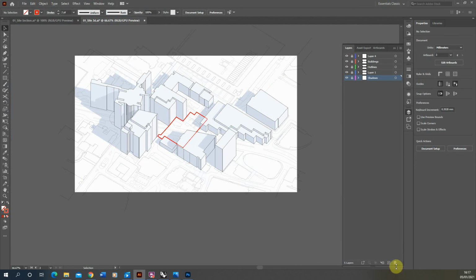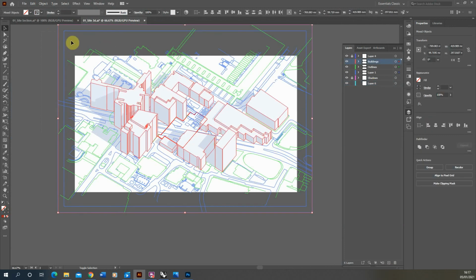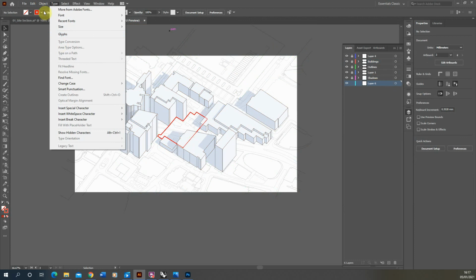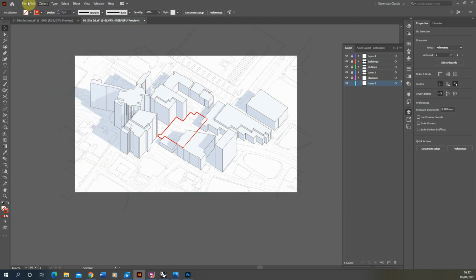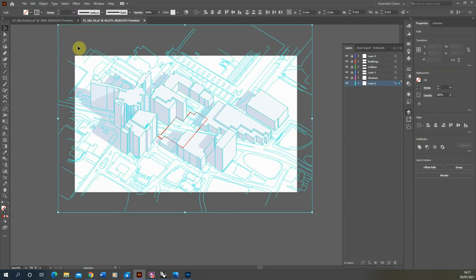But as we did in the plan version, what we can then do is lock up the shadow layer and the site layer, this one, but unlock the other 3 layers, which are the lines. Then if we take those lines, the line work, copy these, Control C, and then paste them all in place on this layer 6 at the bottom. So Object, Edit, paste in place, and then remove the line weight. So just by going down here where it says stroke and clicking on none, we'll remove the line weight,